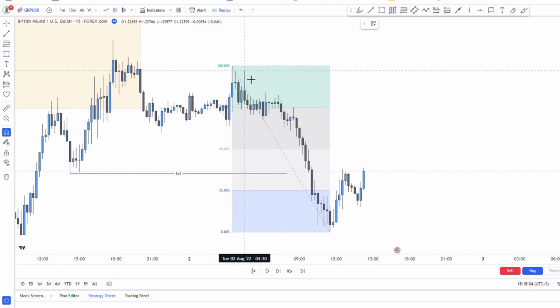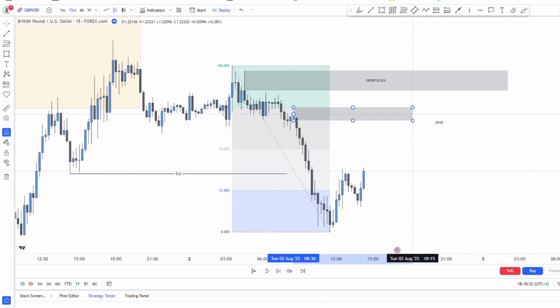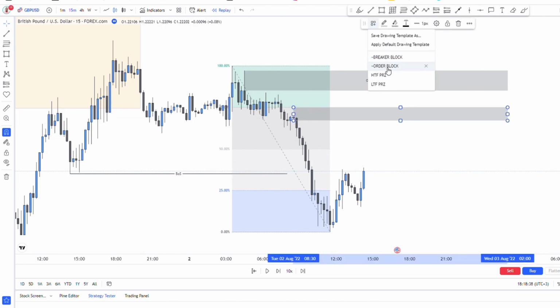So we have an order block. We have an order block here. This wick is above this buy candle and this candle. That makes it a valid order block. And we also have another order block here, meaning that we can sell from either this order block or this